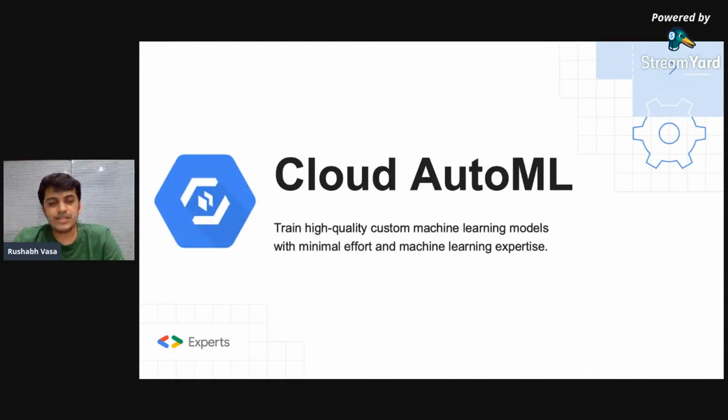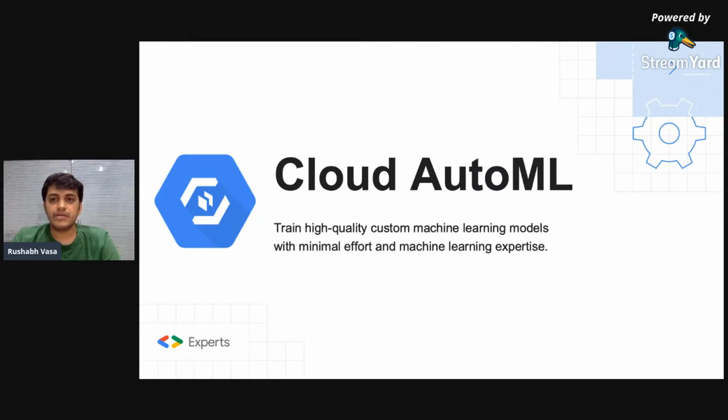Now, there's one major component I really wanted to talk about, which is Cloud AutoML. What is Cloud AutoML? It is a suite of machine learning products that enables developers with limited machine learning expertise to train high quality models specific to their business needs. It relies on Google's state of the art transfer learning and neural architecture search technology.